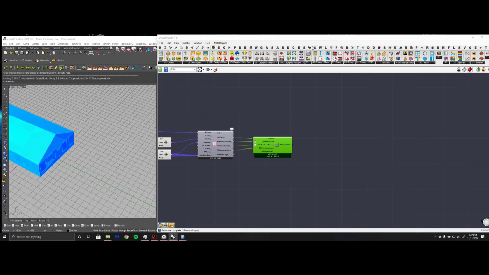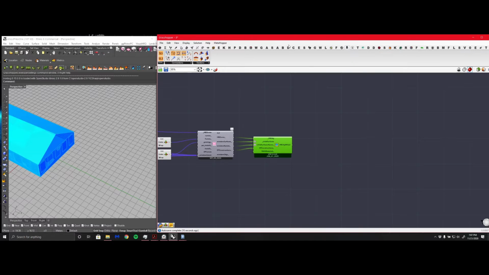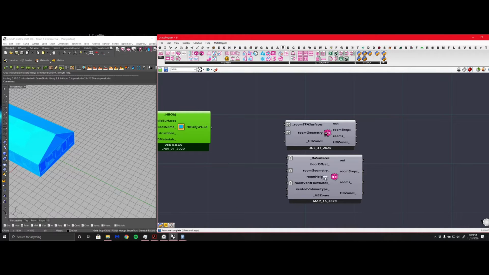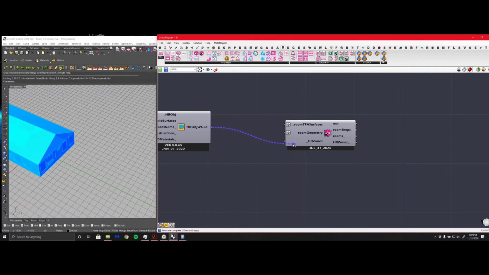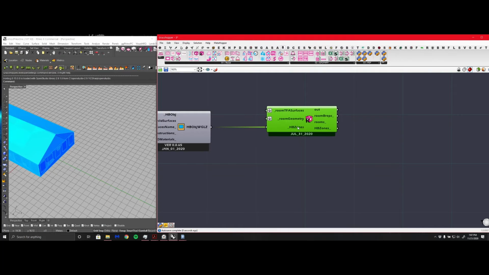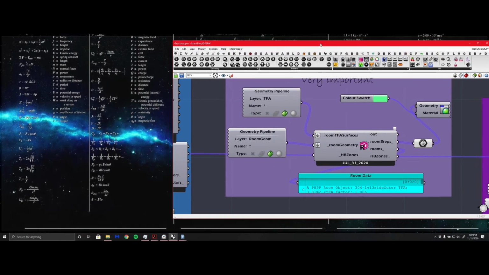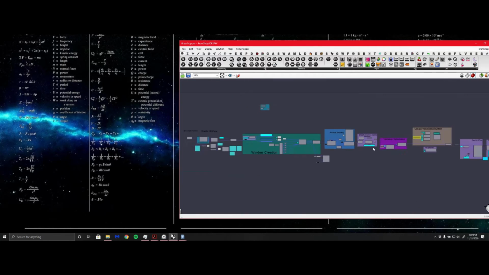So let's get back to the BT tab. Too many plugins. What we're going to do is create our, no, we're just going to use this one. Honeybee object with glazing goes into there. We're not going to worry about room geometry and room TFA surfaces right now, but we will talk about them because here